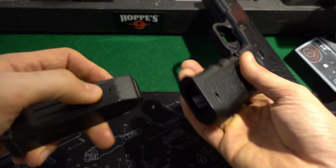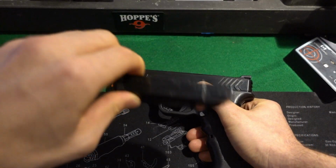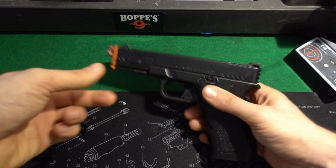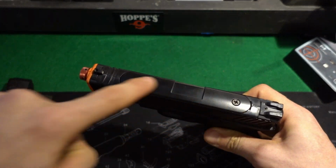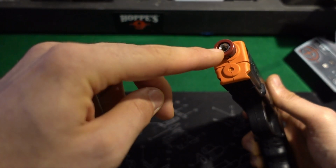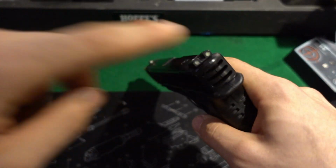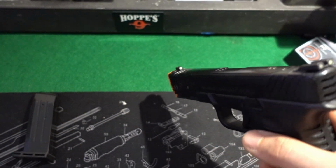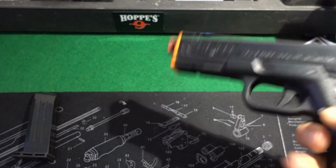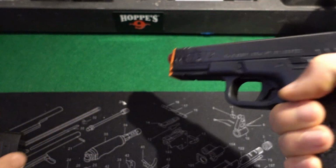So these are the magazines. Very Glock-like, right? The mags themselves just have a weight. They don't have any other function, so they add some weight to the pistol itself. Here we can open up the whole thing, insert a new battery. In the front we have the module that actuates the laser. We have a speaker, and it gives you some rather cringy sound, but usually I just have it taped up and then it's quiet. So now I have a pistol that is very close to what I usually use, but